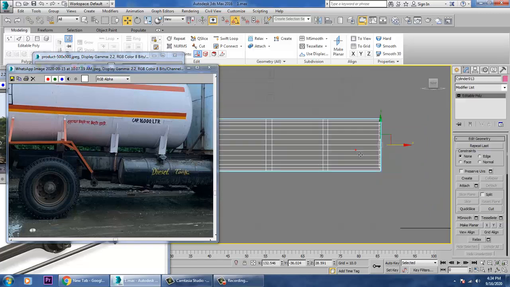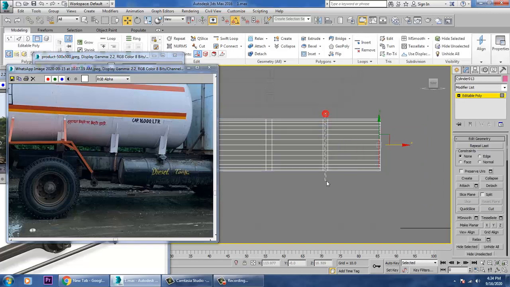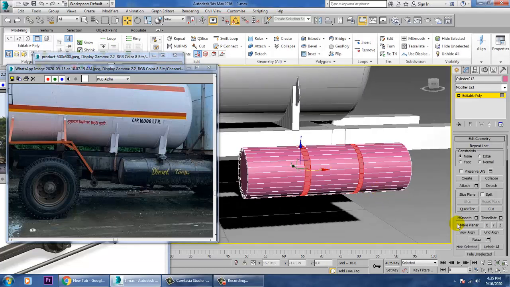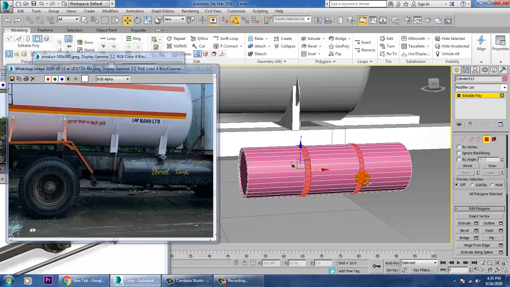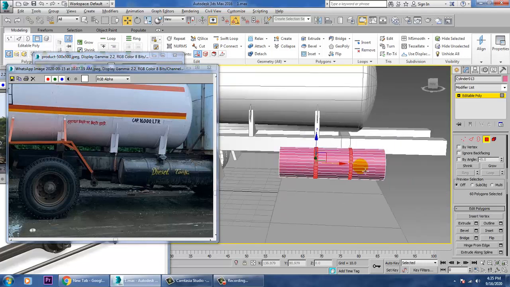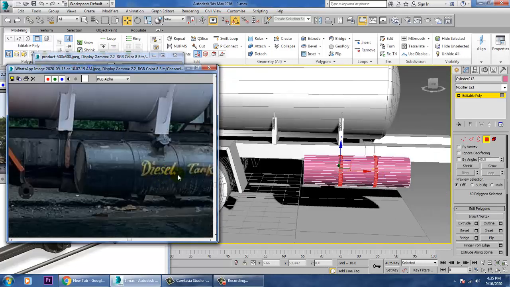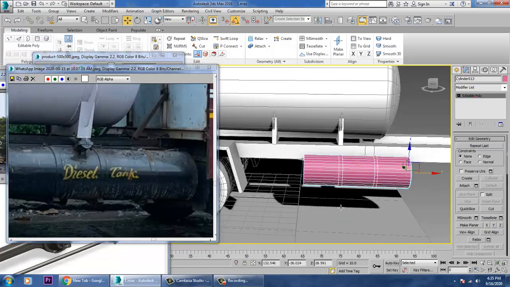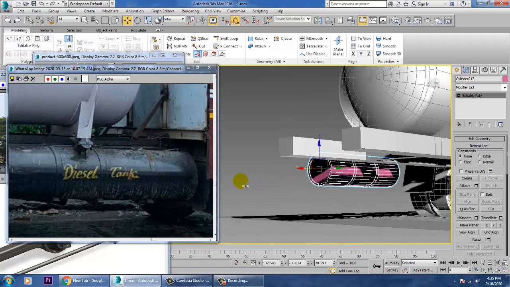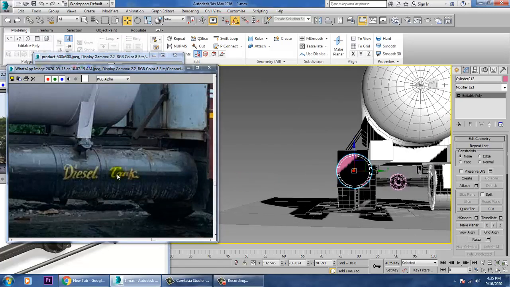So select this, let's go into the polygons over here and let's give a bit of extrude by local normal and click OK. That's it. So once you're done with this, definitely this is also going to be clamped up over here, so we need to create some kind of clamps over here.